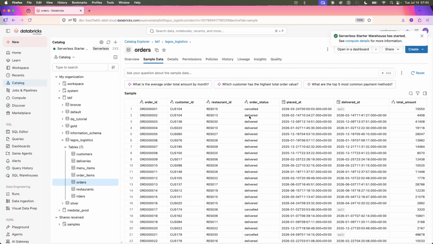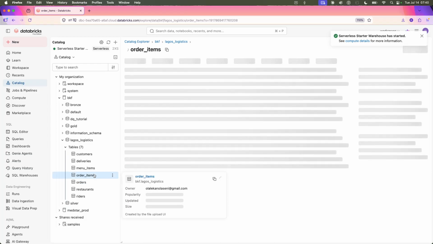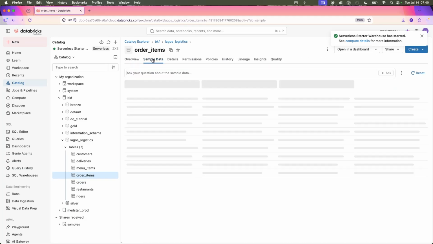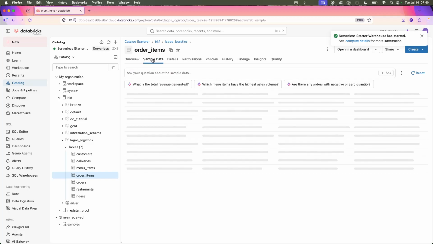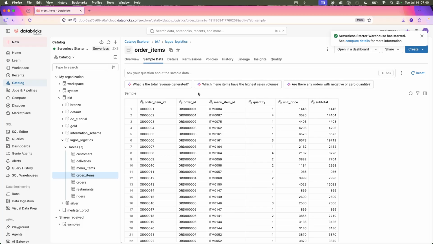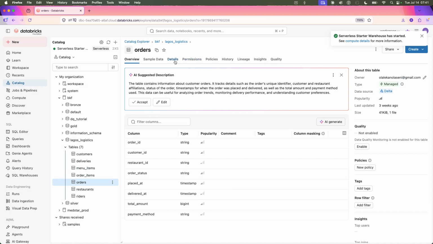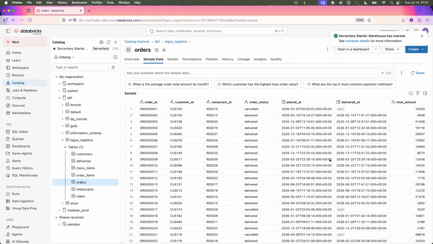Customer ID depends on this. Restaurant ID depends on this. Order status depends on order ID. The time it was placed and the amount. Now let's look at the order item, because the order item is actually where the menu comes in. If we take a look at the order item, which is what was actually ordered, you see quantity, unit price, and subtotal. So if we go back to our orders table,